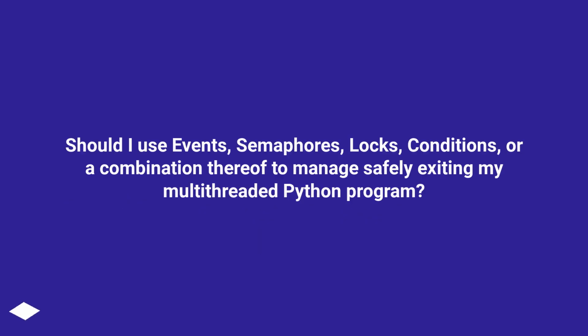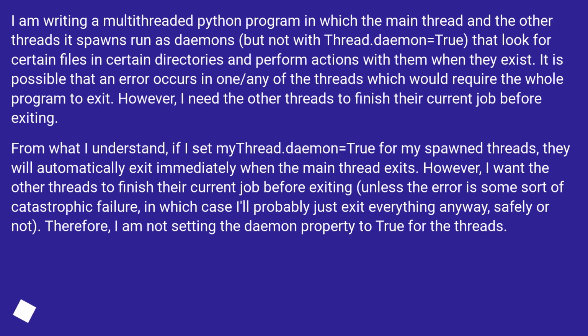Should I use events, semaphores, locks, conditions, or a combination thereof to manage safely exiting my multi-threaded Python program? I'm writing a multi-threaded Python program in which the main thread and the other threads it spawns run as daemons,